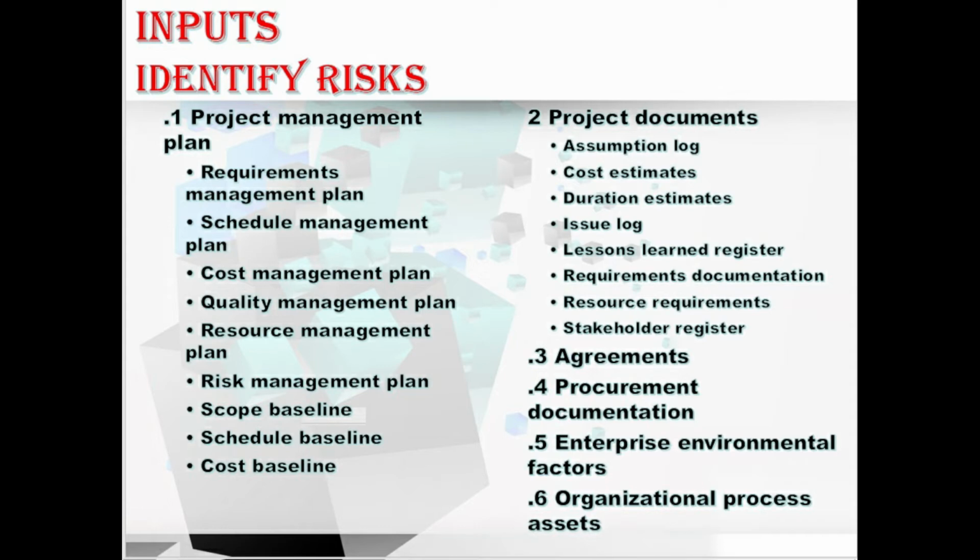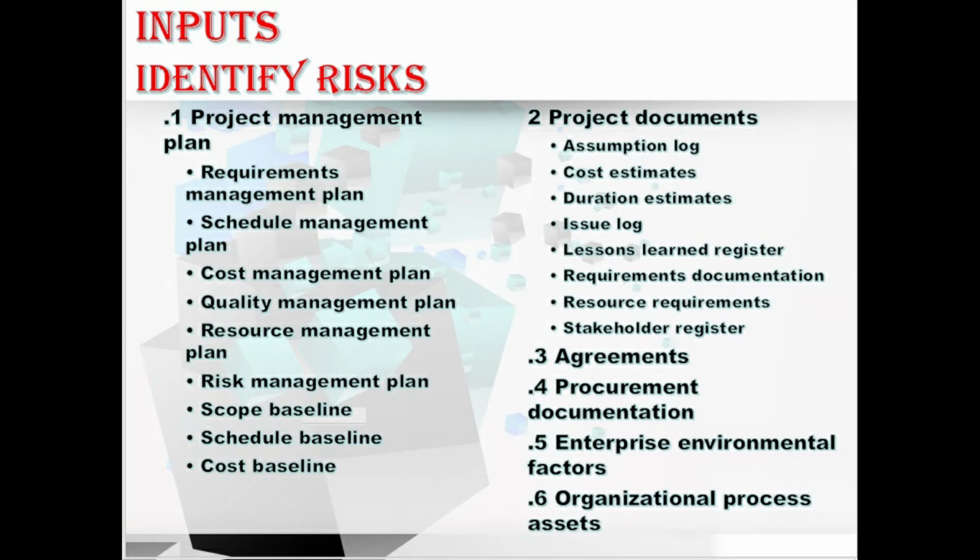We have agreements. In the agreements, let me explain. If the project requires some external procurement of resources, the agreements may have information such as the milestone dates, contract type, acceptance criteria, and also awards and penalties that can be presented for threats and opportunities. All this information is contained in the agreements. Okay, hope you understood about agreements. Let's move to the next input.